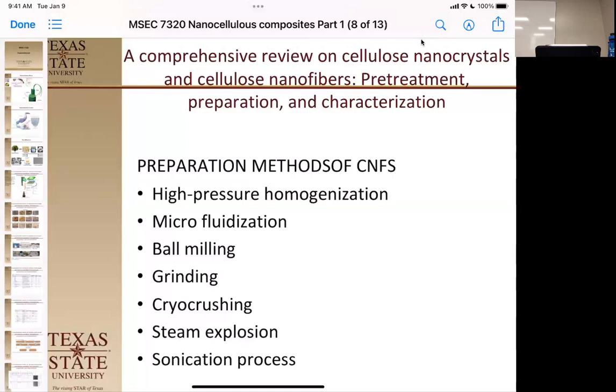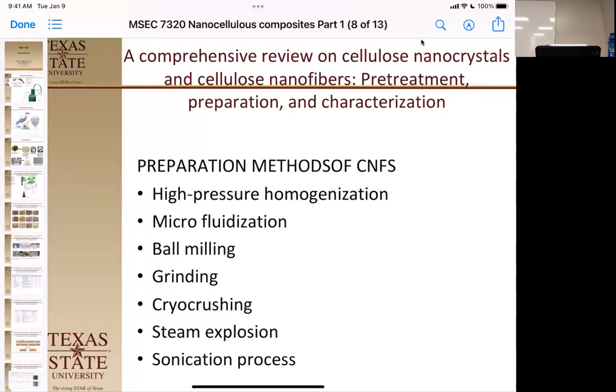We're breaking those bundles apart. We're breaking off the outer case to get to the fiber. So there's a lot of physical processing to get rid of those materials that are not cellulose, lignin, and all these other sugars, salts, things that could be there. So we're just trying to get to the fiber. We haven't even got to the fiber yet. We're still trying to get to the